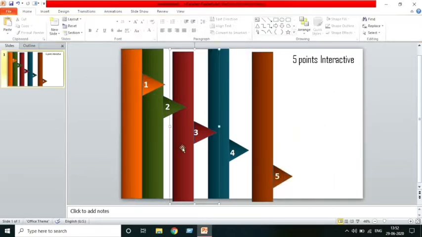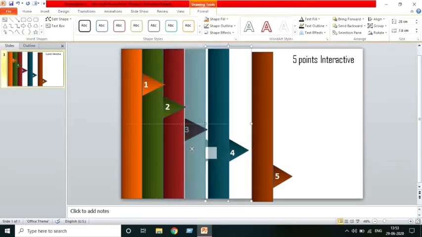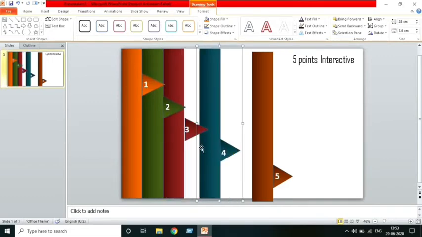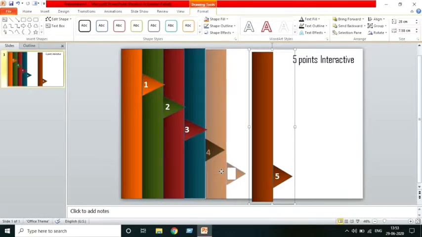Now you can see all our panes are successfully colored. Let's arrange them properly so that it will look beautiful. Done. And this is my fifth bullet.